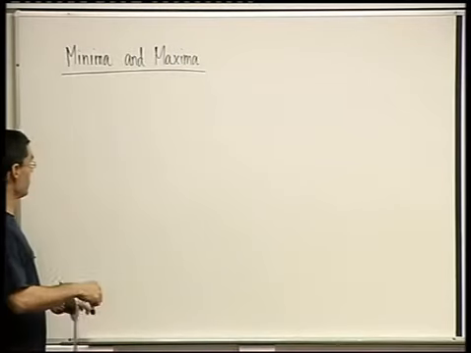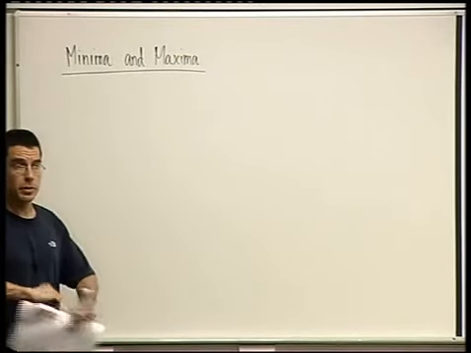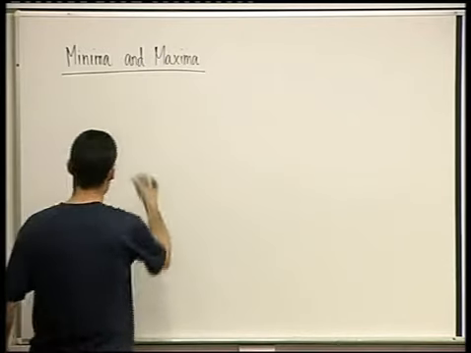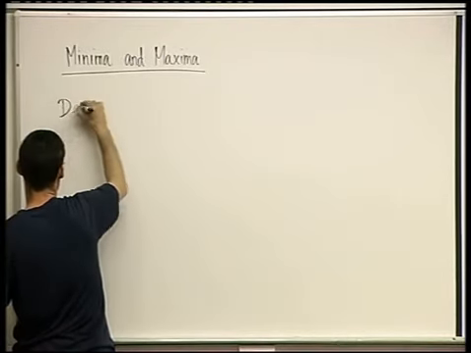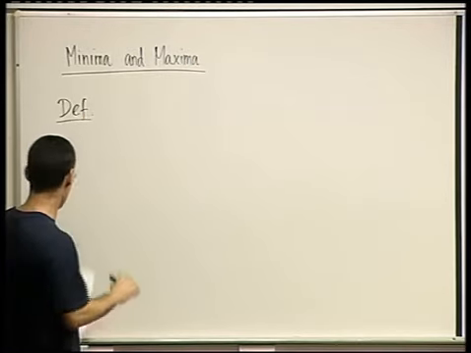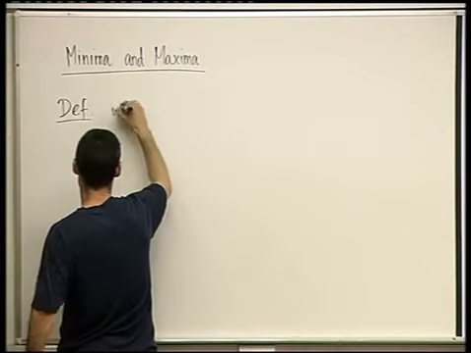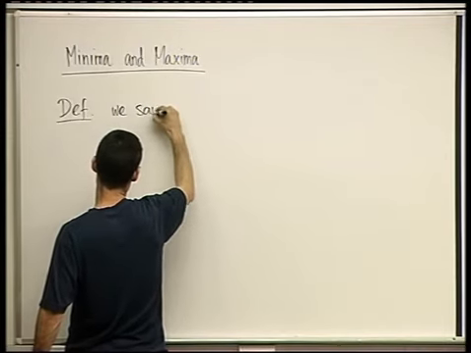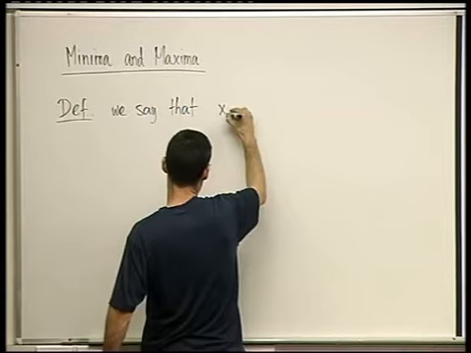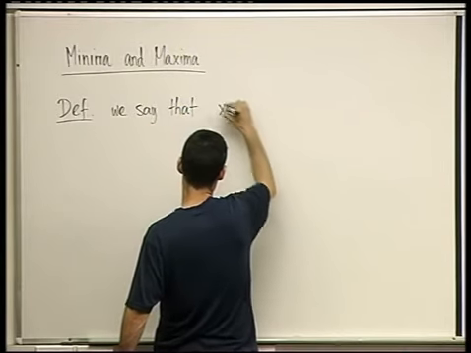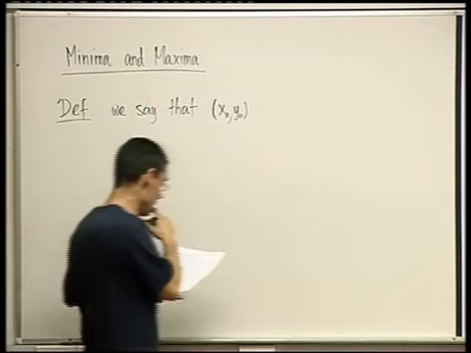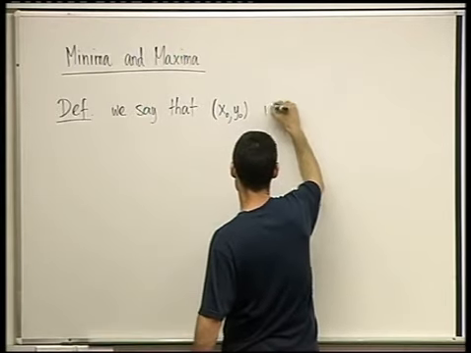So our next topic is minima and maxima, extremal points of scalar functions. And let's start with a definition. It's going to be precisely the same definition as the single variable one. We say that, I'm going to write the definition for two variables, and it easily generalizes to several variables, that x0 is